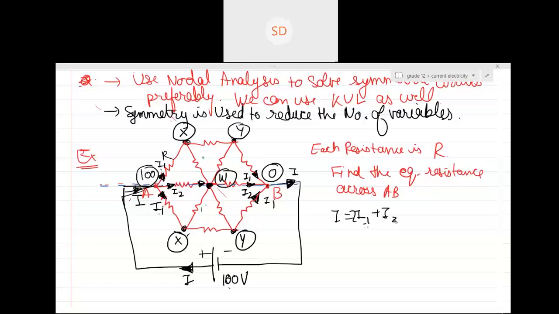Okay. So is the second concept clear? Whatever current is going up will come from the upper part. Whatever current is going in the middle part will come from the middle part. Whatever current is going in the lower part will go to the lower part. Yes or no? Yes, sir. This concept is true. Please remember it will give you equation between these three variables which are left.